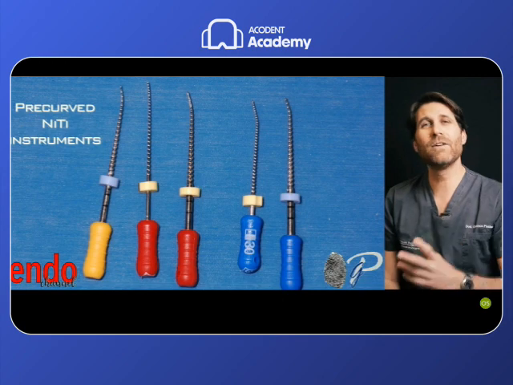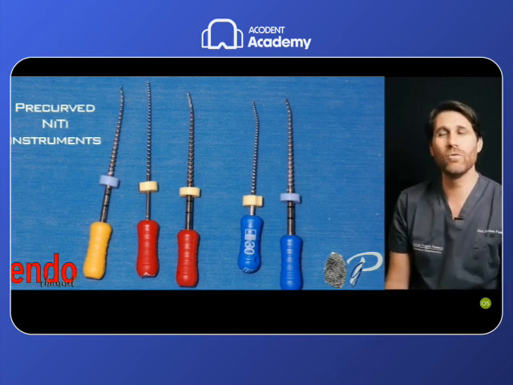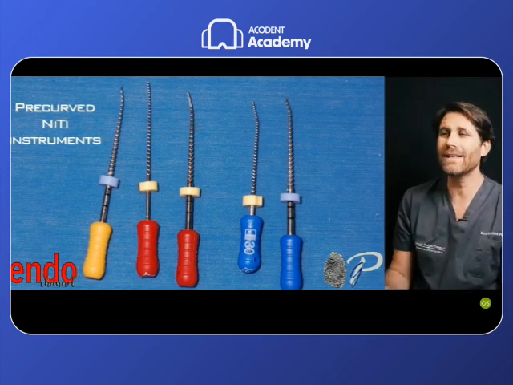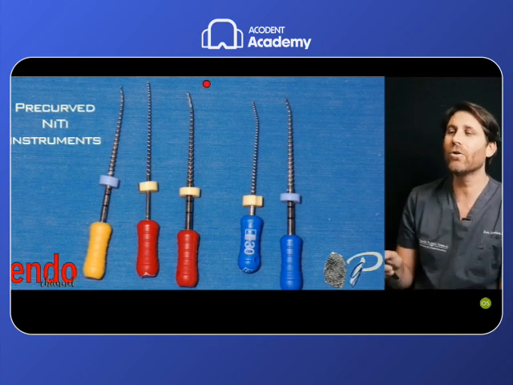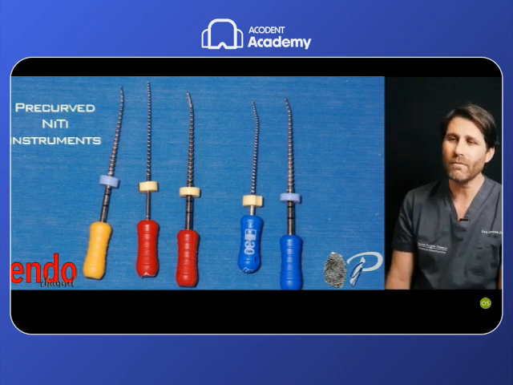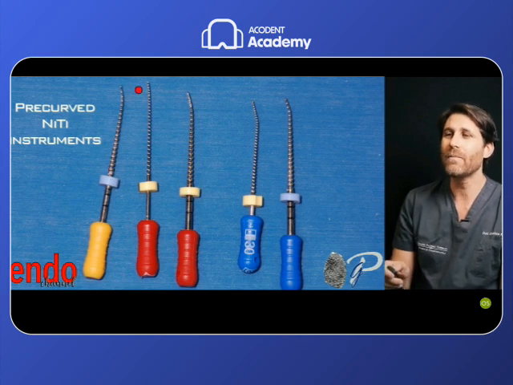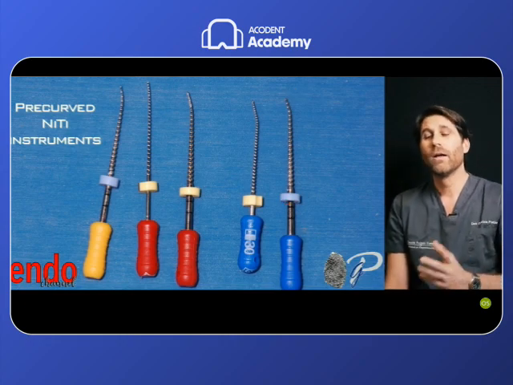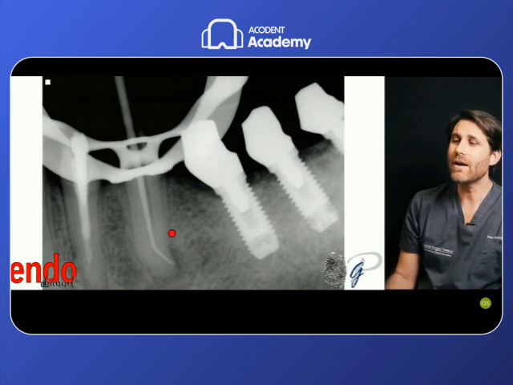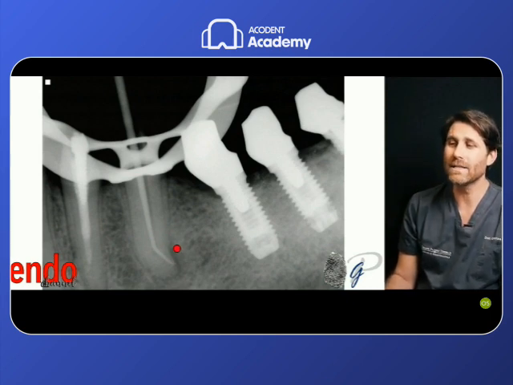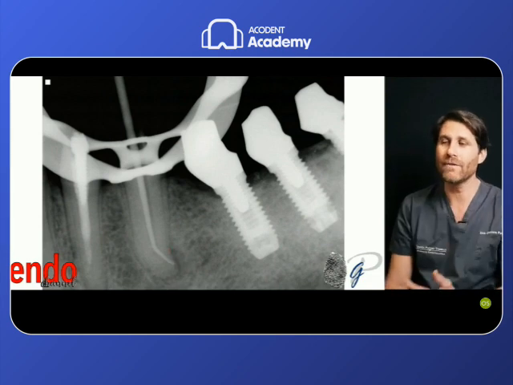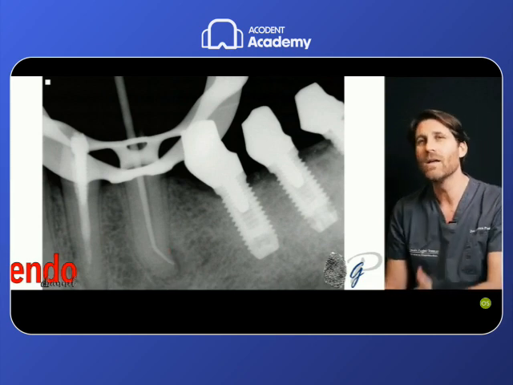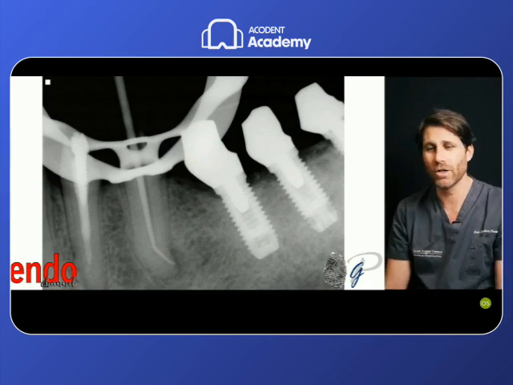Those are size verifiers by Thermafil or Gutta-Fusion or Gutta-Core that can be precurved. They are in nickel titanium, taper .04, between .04 and .05. So I alternate the .02 tapered and the higher taper to make the preparation of the apical third of the root canal to sizes compatible with the anatomy to promote the healing. So I need to go more than 25, even 30, and I need this nickel titanium with these sizes to avoid transportation of the foramen.